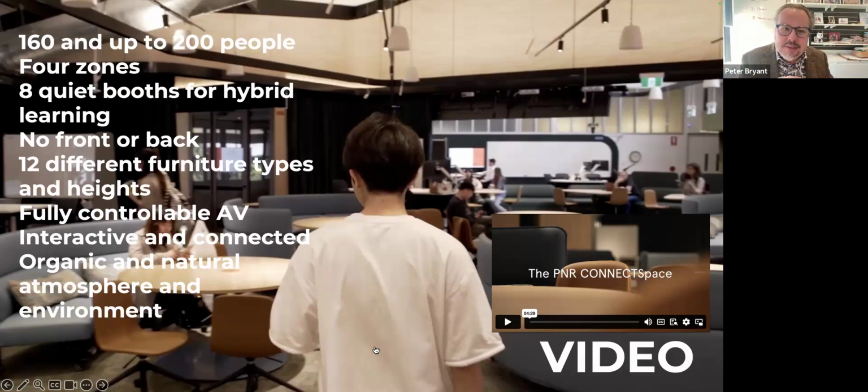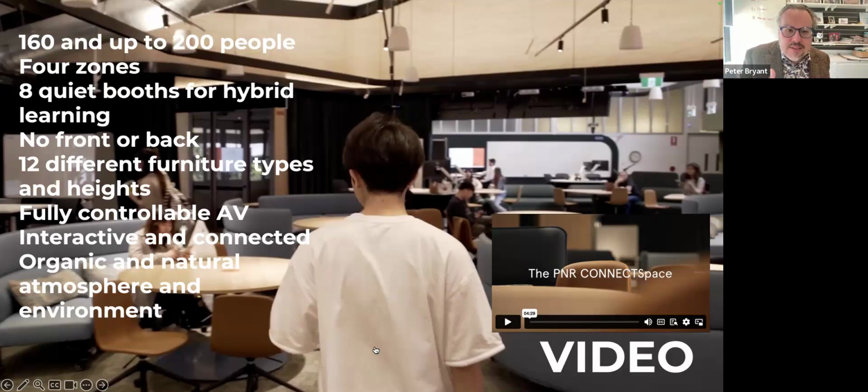The rest of the AV in the place is generally fully controllable. There are ceiling microphones designed to allow students to talk in the room and have that be heard not just by the room, but by people on Zoom. The academic can also walk around the room without a microphone, and the ceiling microphone grid picks them up. It works well, but not as well as we would have liked. The lights are all fully controllable, so you can control the different moods. And in fact, when the room goes from being large to small, the whole lighting grid changes.